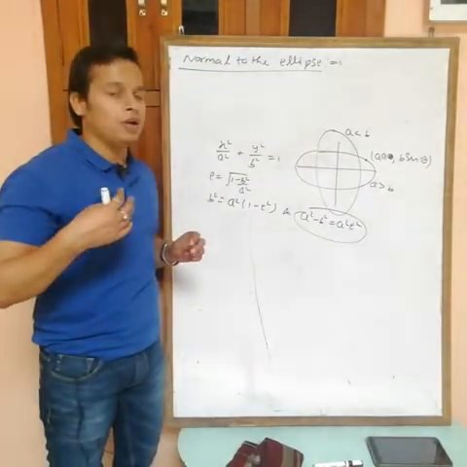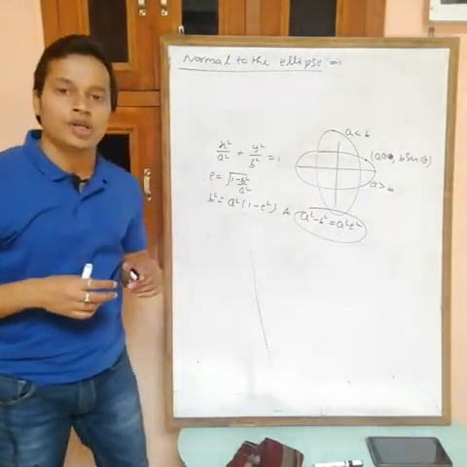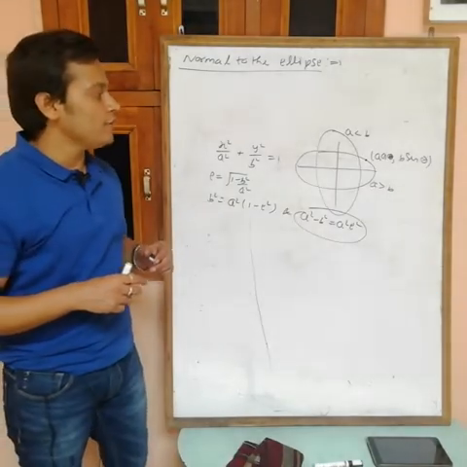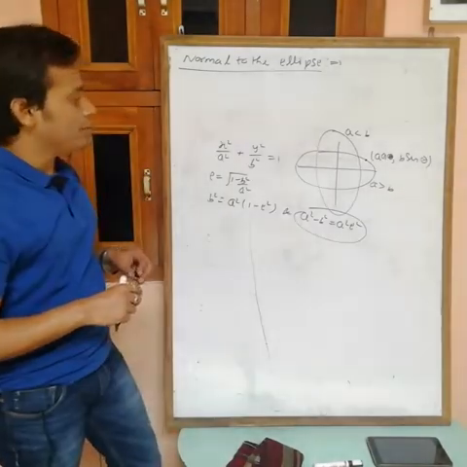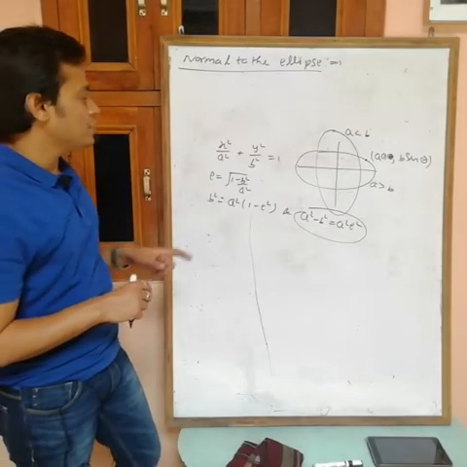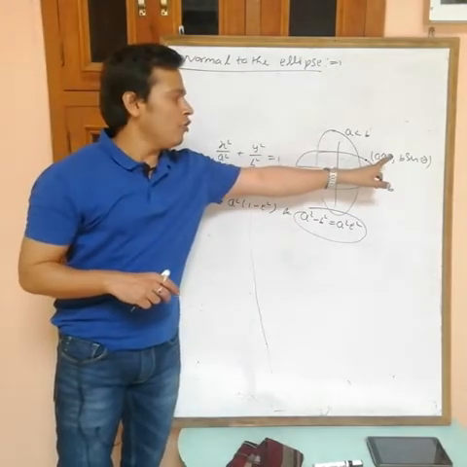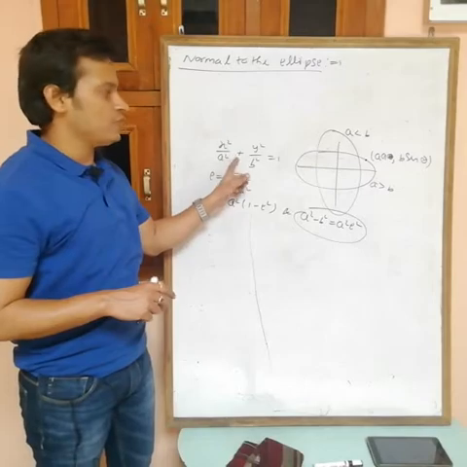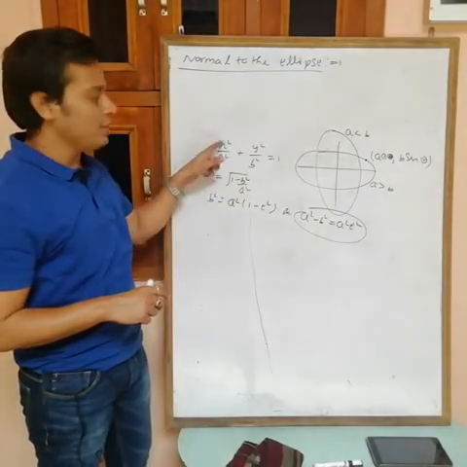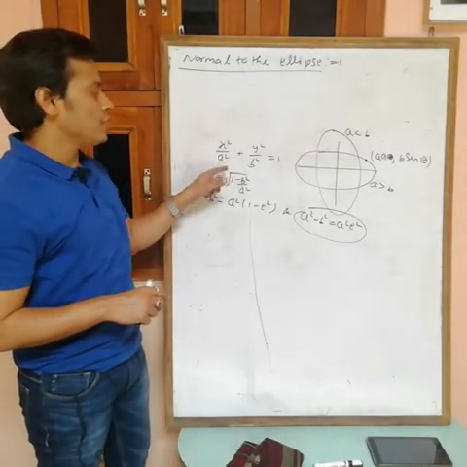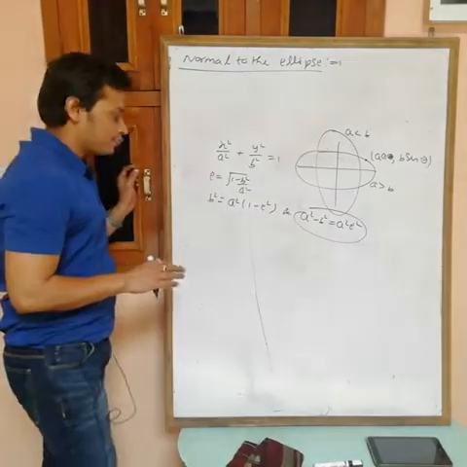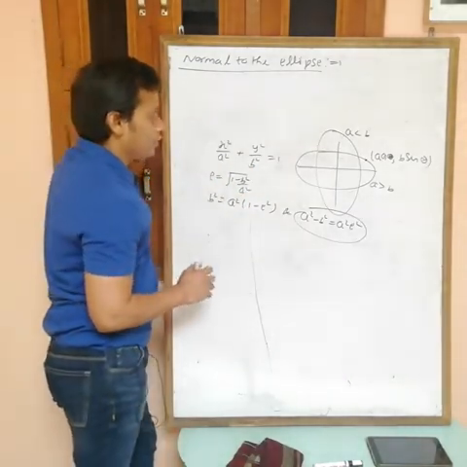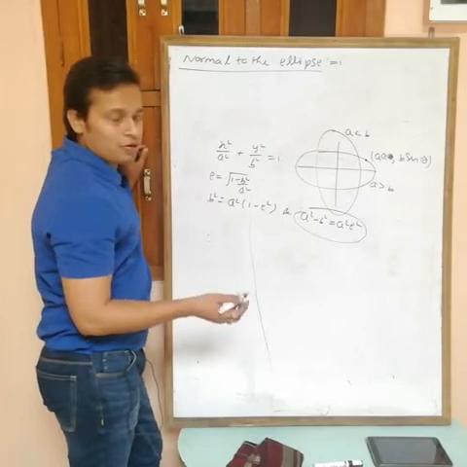Like in a parabola we have at square comma 2at, similarly on ellipse we have a cos theta comma b sin theta. Okay, a cos theta comma b sin theta is any point on this ellipse, because for all values of theta this point always satisfies the equation. If you put x as a cos theta, y as b sin theta, a square cancels out, cos square plus sin square equals to 1.